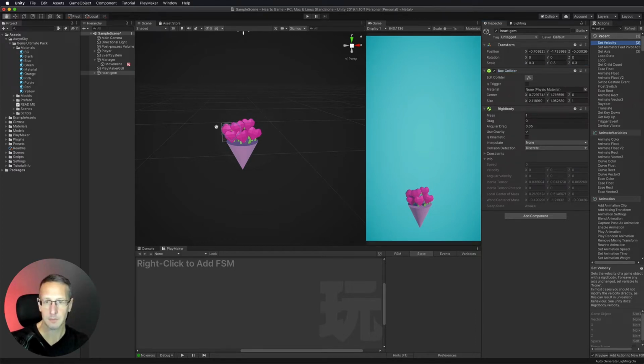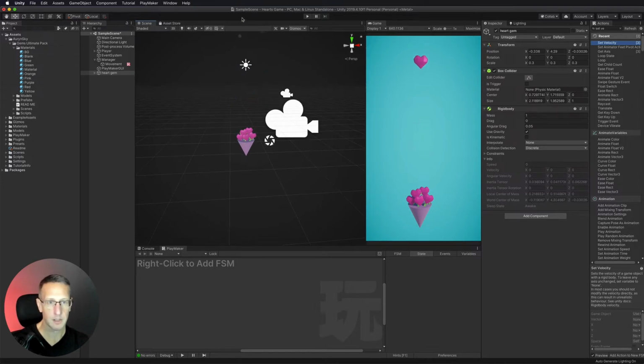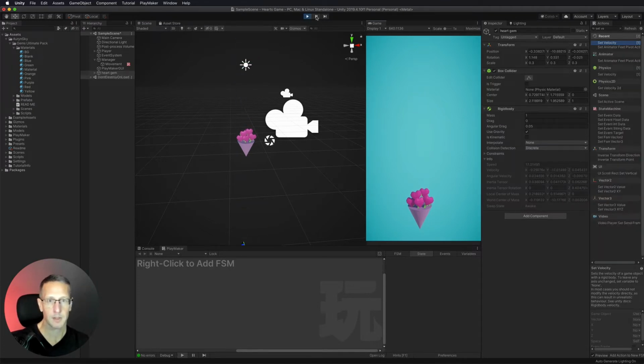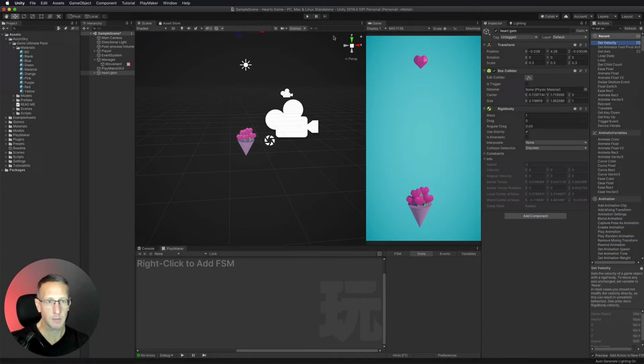So let's go ahead and just move this up the screen and move it over. Back off just a little bit, and let's just see if this falls real quick. Yep, perfect. Okay. The other thing that we want to make sure is that it's on the same Z-plane, Z-axis of the player, which is on 0, and our Z is not 0, so we want to make sure that's at 0. So the player and the heart are at the same position.